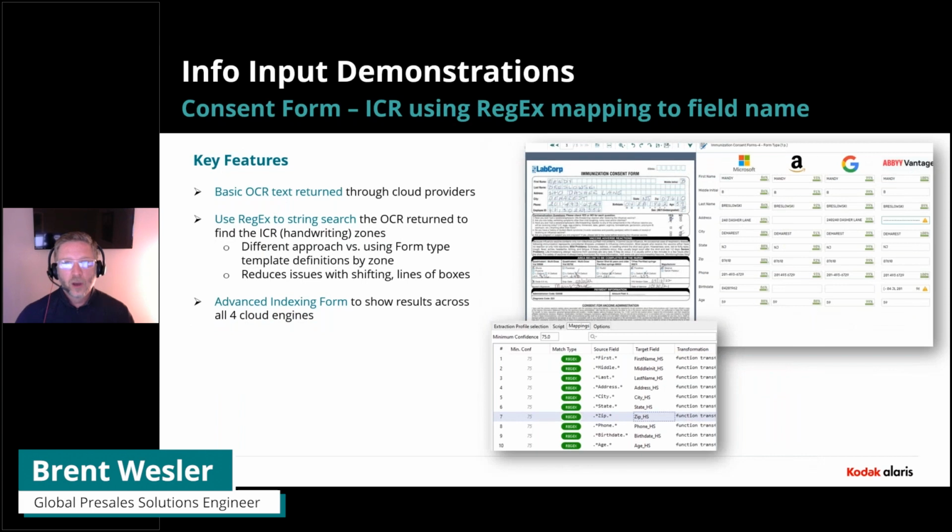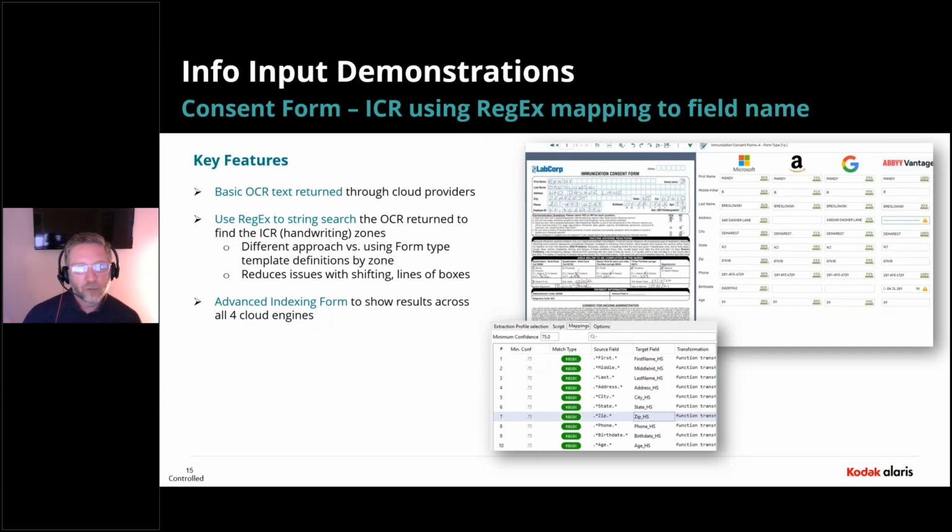In this case, we're doing a basic OCR or ICR, intelligent character recognition, which is handwriting, in a structured form using OCR. But in this case, we're not going to actually say, hey, look in this area for the word Mandy. We're actually going to be using what we call a RegEx or regular expression search. So the cloud engines will return OCR, and then we're going to look for the word first name, middle, last